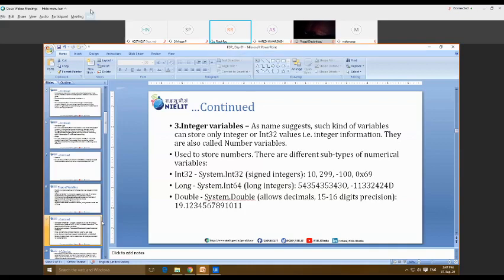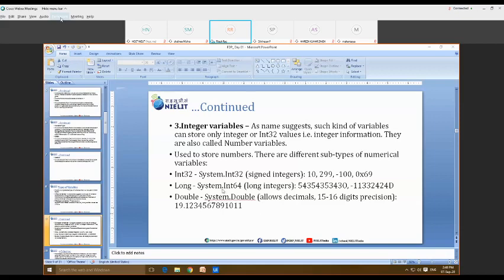int32, that is basically for the signed integers. Again, if you're working on any long integers, like 10 digit numbers or more than 10 digit numbers, then we have to select the system.int64.